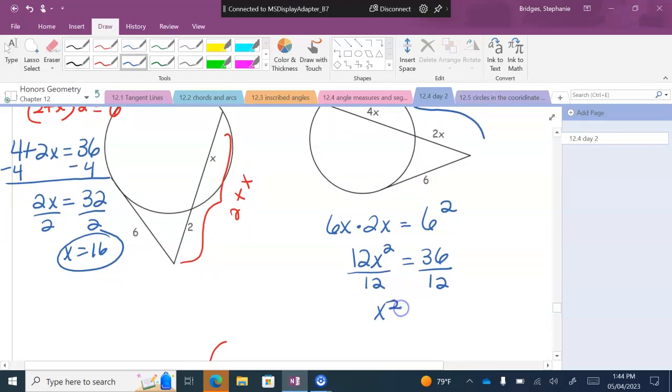What's 36 divided by 12? 3. And then we take the square root. Is 3 a perfect square? Does it have a perfect square in it? So we leave it as